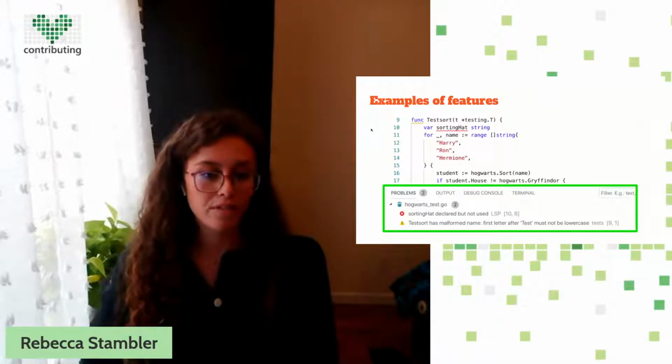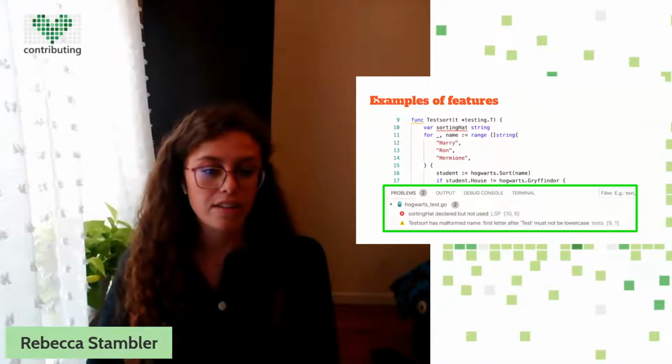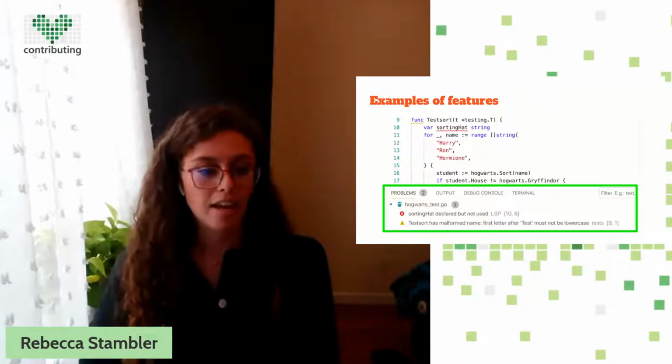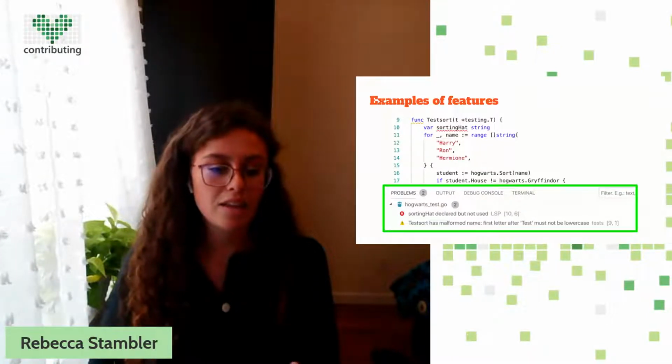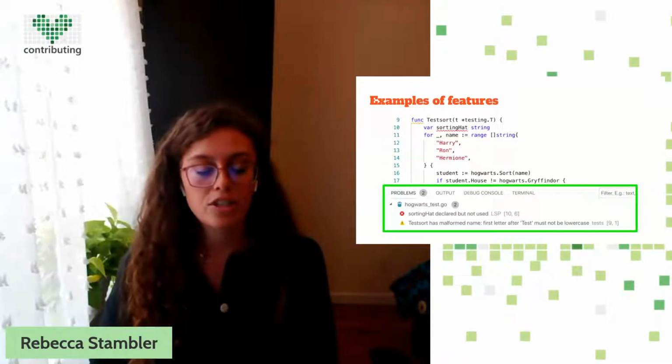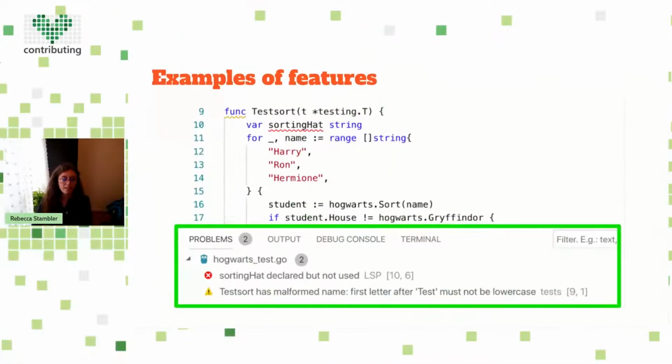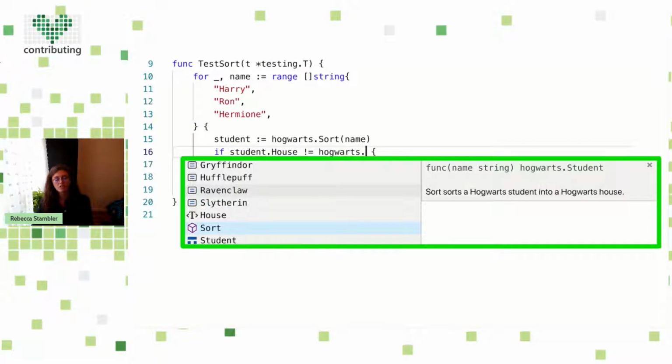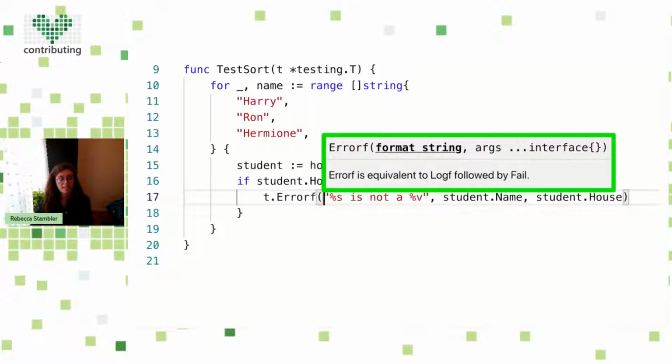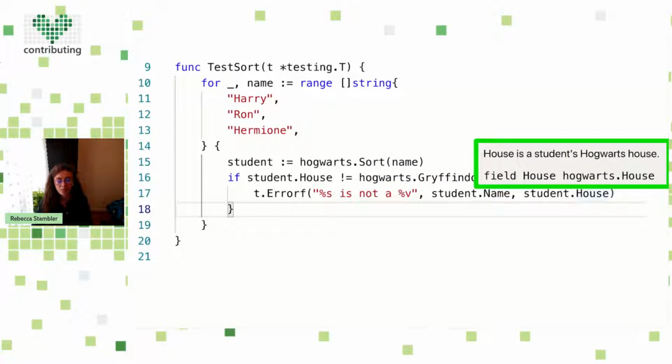Well, some examples of features that the Go language server provides are things like, when you are writing code and you make a mistake, you get an error message, you get a little squiggly, the message. So that's something that the language server provides. Also things like auto completion. So as you're typing, you get auto completion with some documentation, as well as things like signature help, which is basically when you're typing the parameters to a function, you want to be able to get suggestions of what those parameters should be. And also when you hover over different variables and types, you want to get some documentation about those things.